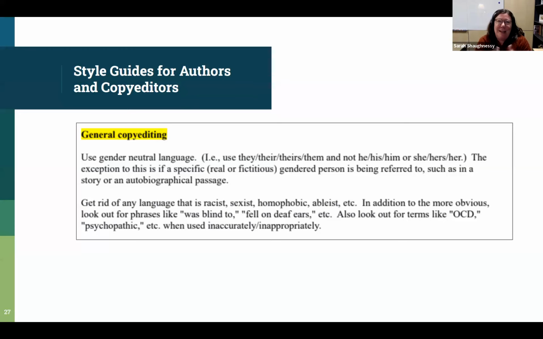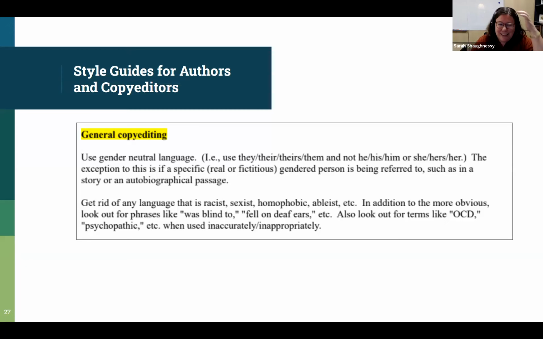So in this case, I would say if inclusive language is something that you think is really important for your journal, that you want to pursue, the thing I would say is that you can be really specific, and you probably have a lot of places where you engage with your authors, your reviewers, and your copy editors around language guidelines, right? So this is an example here on the screen of copy editing